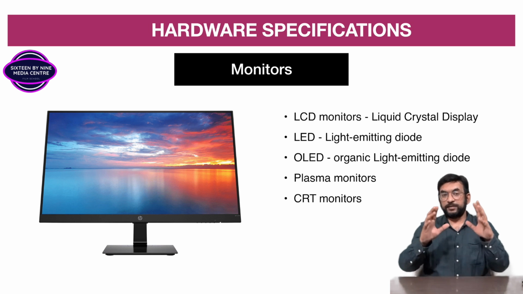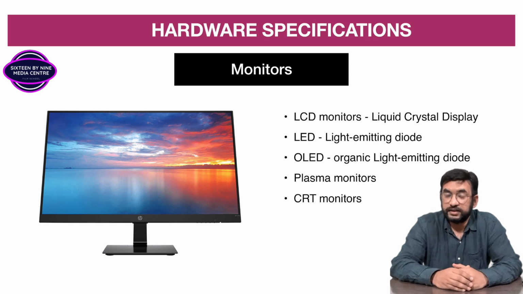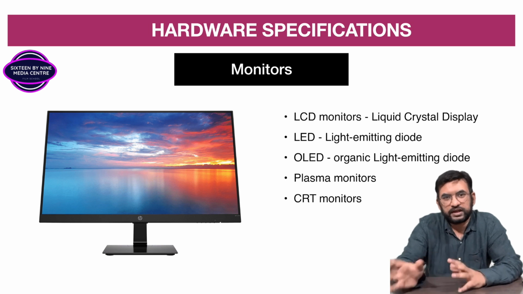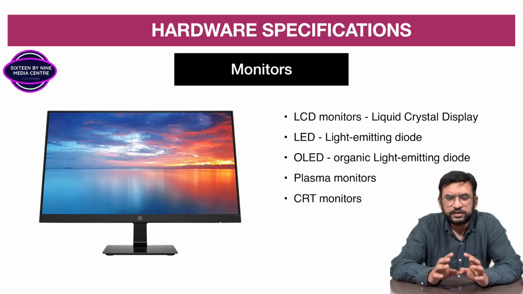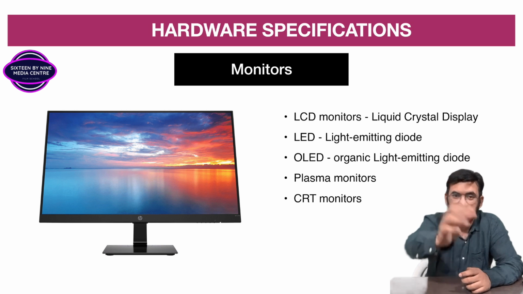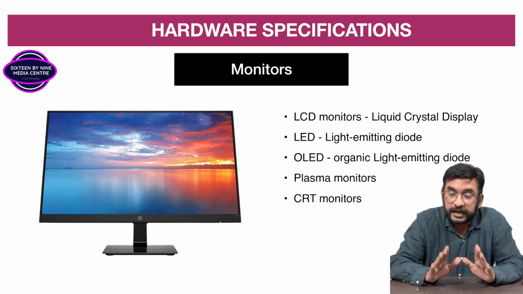Now, where the monitor plays an important role, the most important role the monitor plays is during color grading. But professional editors can overcome an uncalibrated monitor also. When we come to the color grading part, we will learn using video scopes. So we will not be at the mercy of a monitor, or of our human eyes, to check whether the color is going right or wrong. So monitors are mainly used for color grading. Calibrated monitors we need for color grading so that the colors are right.